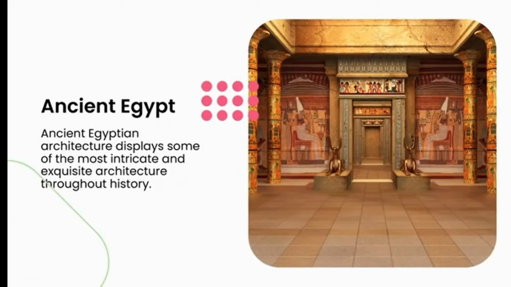I think for me the best known example of ancient Egyptian architecture is the Egyptian pyramids. Ancient Egyptian architecture and design displayed some of the most intricate and exquisite architecture and works of art throughout history. Most of the architecture and design represents their belief in life after death and their praise to their gods. Due to the fact that they had limited timber available, they made use of stone, brick, and mud, which was used to construct the majority of their buildings. Timber, however, was used for the more precious buildings, such as temples and pyramids, as this was a lot more